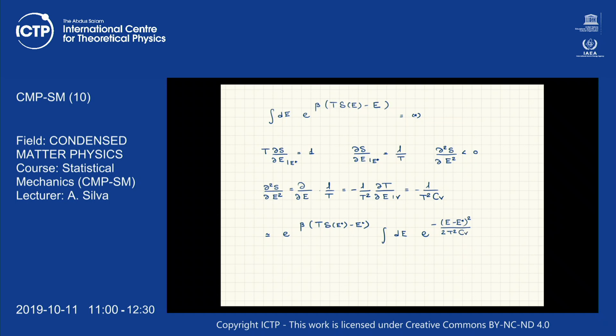So you see, usual story. Here what I have is the free energy, so this is equal to e to the minus beta times F. And then here I have the probability distribution in energy, which is essentially